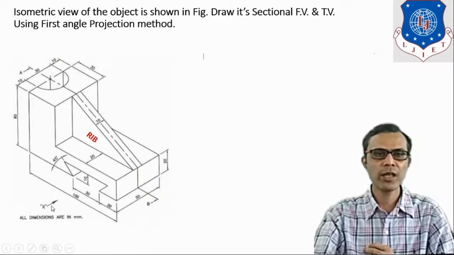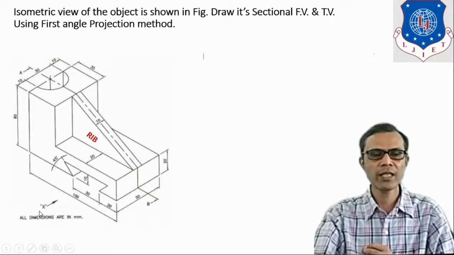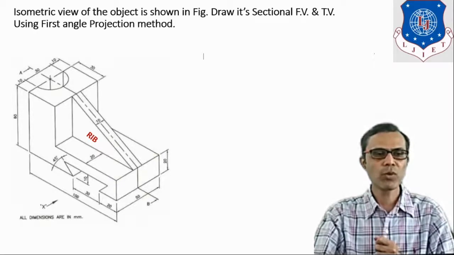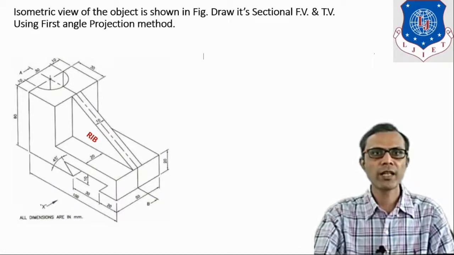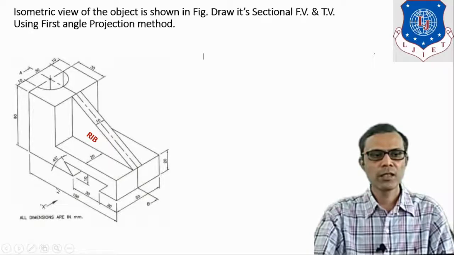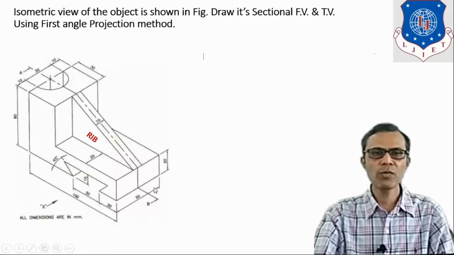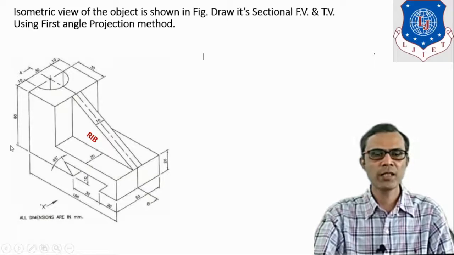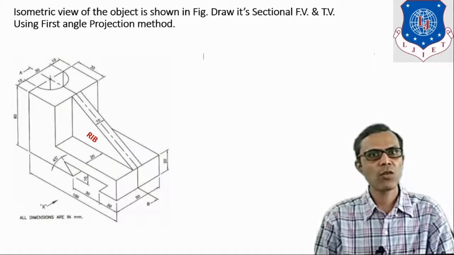Here you can see this arrow symbol and this capital letter. It indicates the direction for the front view. So, looking from this direction, we have to decide three main dimensions of the object: length, width and height. Looking from this direction, this is the total length of the object. Here it is given as 100 mm. It is the total width of the object, 50 mm, and it is the total height of the object, given as 60 mm. So these are the three main dimensions of the object.